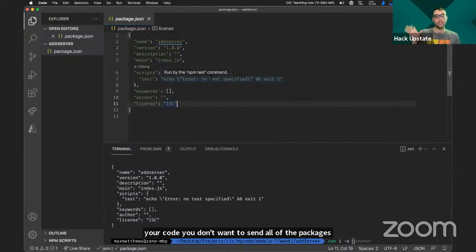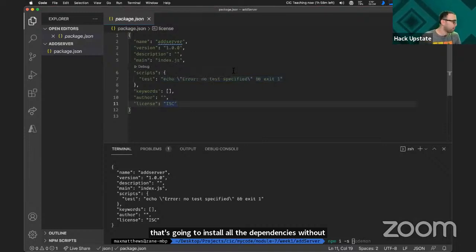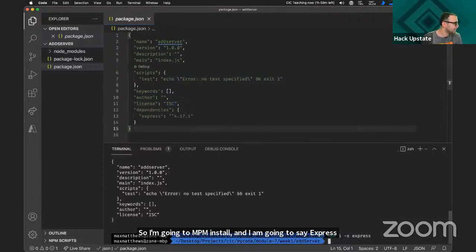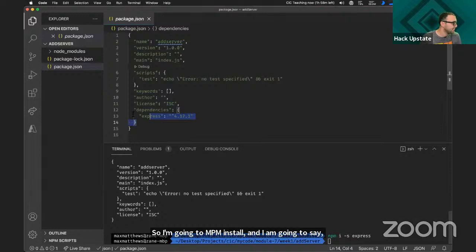And so what the package.json file does is when you send your code, the person can run npm install or npm i, and that's going to install all the dependencies without having to send them with your code. So I'm going to npm install, and I am going to say express and hit enter there. It's going to take a second, and you notice in my dependencies, I now have Express in there.